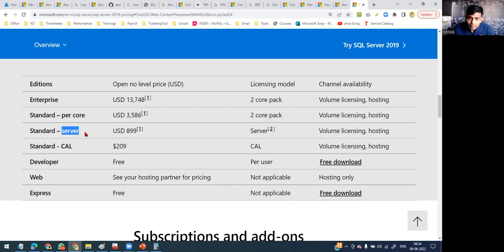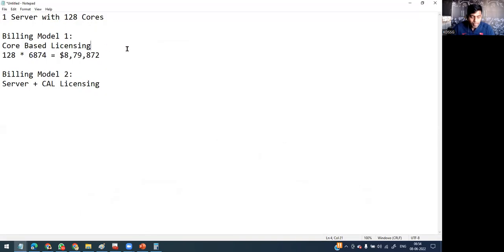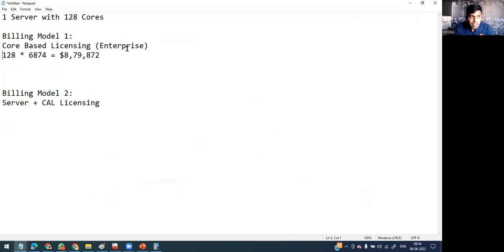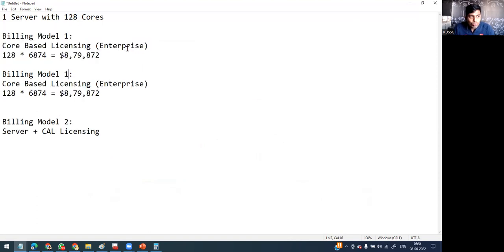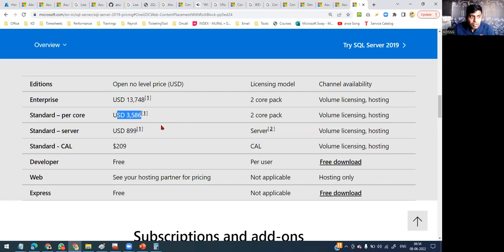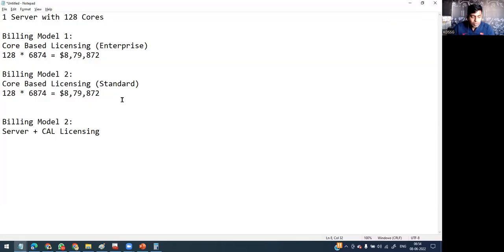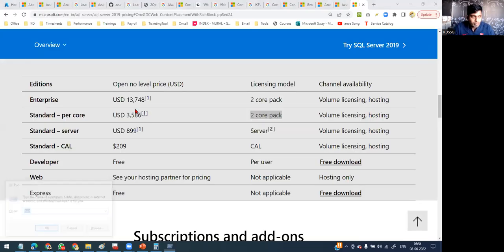So cheap. What, sir? Look at this. Then let me do one thing. Is this correct? Billing method 1. Okay. Second billing method, sir. Billing method 2. You can go for core-based licensing, but standard edition, not enterprise edition, sir. Standard edition. What is the cost of standard edition? 3,586 for 2 core. So there is a huge difference between enterprise and standard. Yes, sir. There is a huge difference. So 2 core pack. So that means divided by